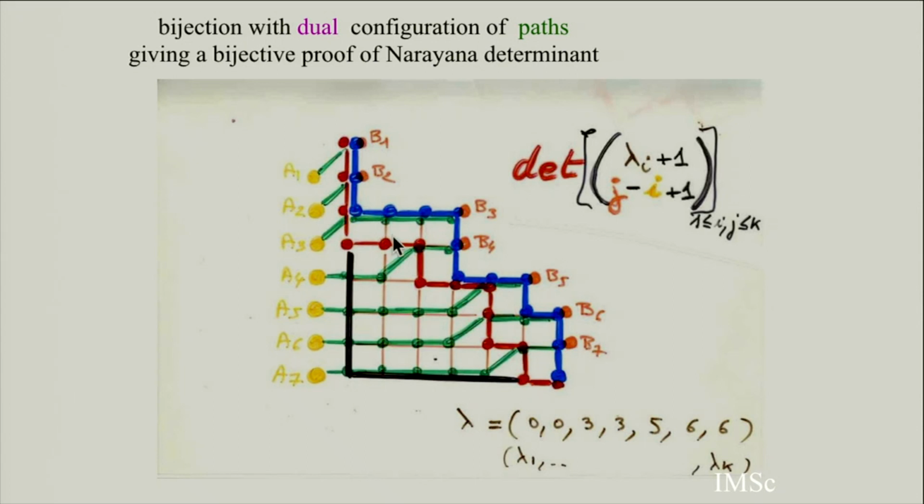So there is a construction. You see, the green path is made of east or northeast steps. For each corner of the red path, I put a northeast step, like this. And I claim there is a bijection between the pair of paths, blue and red, and what is called the dual configuration. And the dual configuration is exactly interpreted by the Kreweras determinant. And so Olya Mandelshtam gave a paper in GCTA, putting the alpha and beta in this dual path bijection, and putting the determinant, giving an explicit expression for the stationary probability.